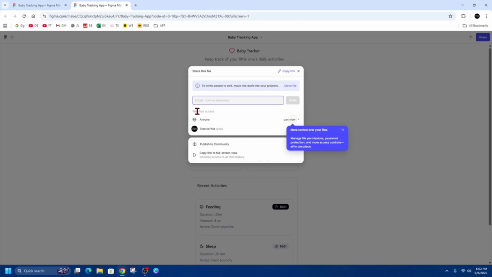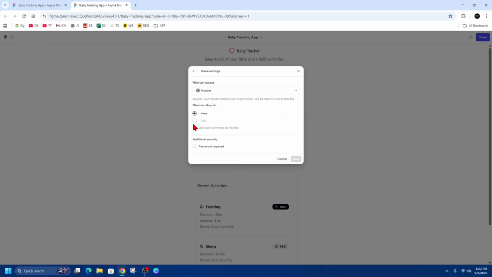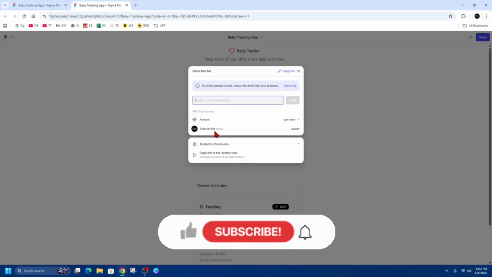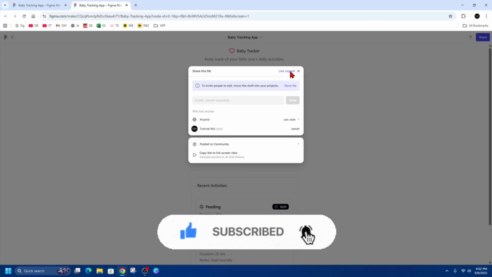And then under that, it says who has access. So anyone can view. We can change that to view. They can edit. And you can also put a password required as well in the share settings. And under that, it's going to show you, obviously you're going to have access, so it's going to say your account name there. Now we can also copy this link and then